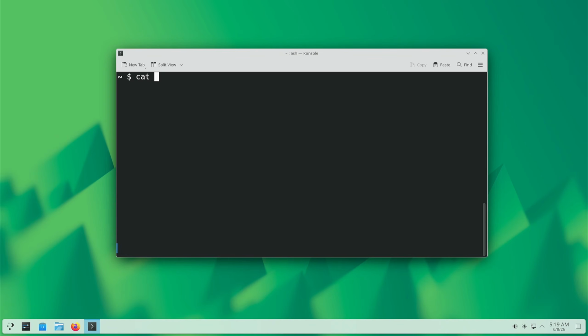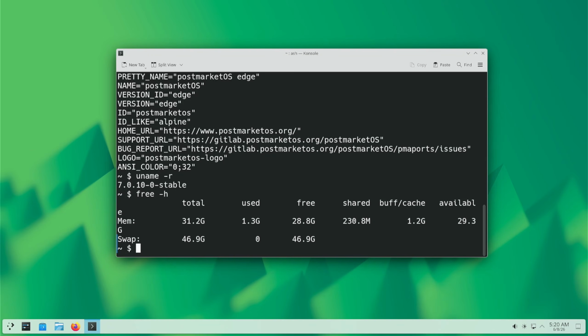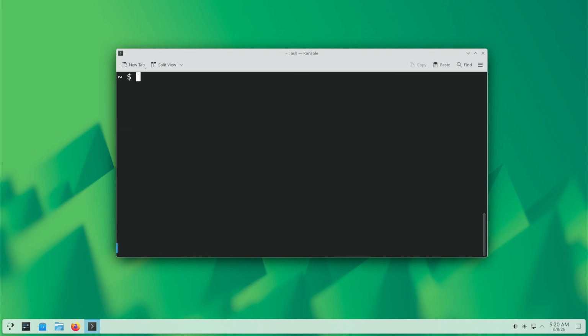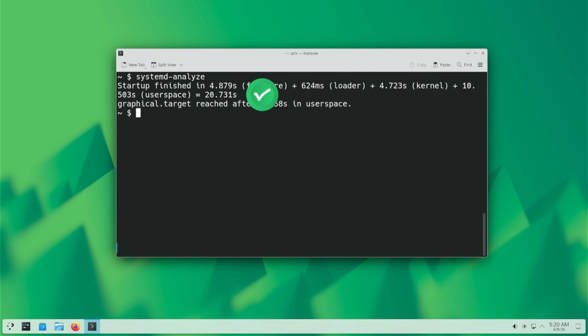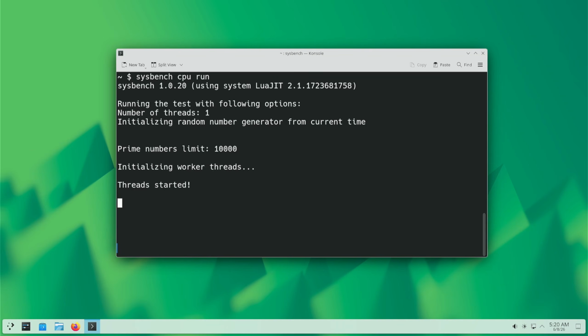Now, we use specific commands to verify the information, which is correct: the distro version, the kernel, and the memory usage. We also check the occupied disk space and the boot time using the systemd-analyze command, which reports a mere 16 seconds total. Now we run sysbench for CPU on a single thread calculating prime numbers, which measures the